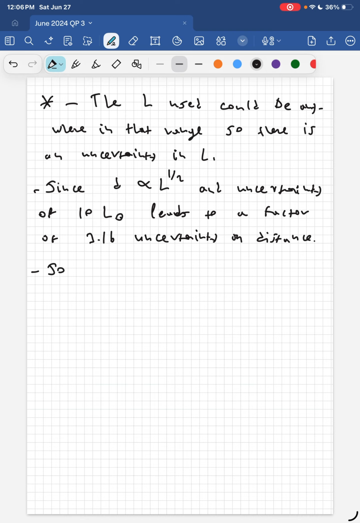Okay, so the percentage uncertainty in the distance is proportional to L over 2. This is because when we calculate percentage uncertainties of powers, we multiply the percentage uncertainty of the measurement itself with that power. Okay, and I have a video on that, by the way, in case you want to check my channel. So, on top of everything,